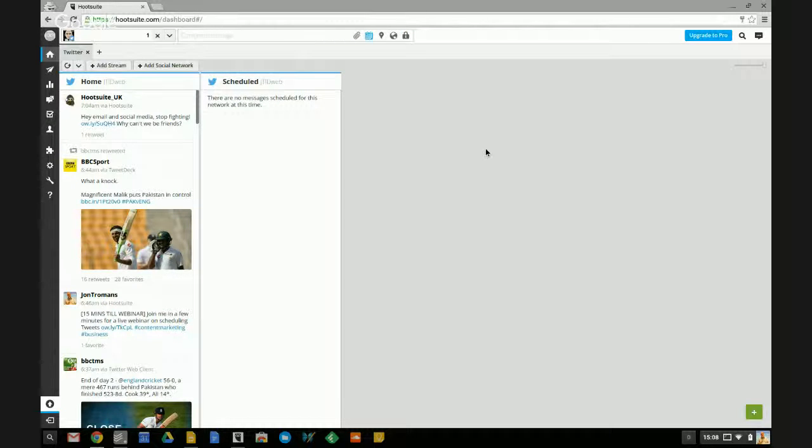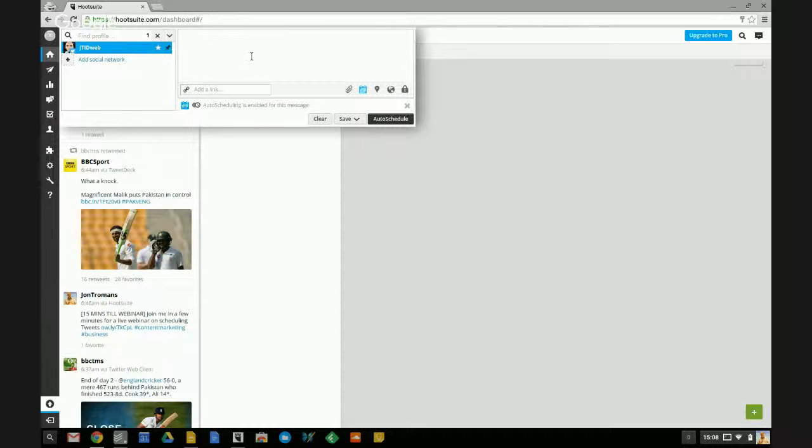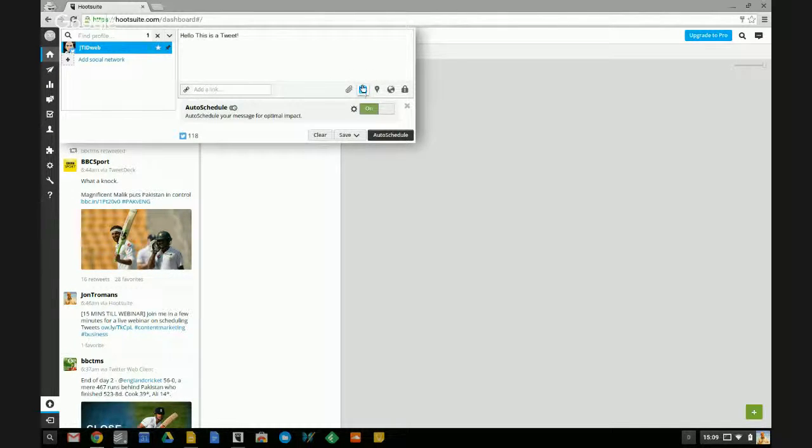So the first thing I want to do is show you how to do it using this dashboard. It's really, really simple. At the top here, we've got our little compose box where we can compose our tweet. So we can say, hello, this is a tweet. Right. And then we can hit this little scheduling thing here, and we get 2